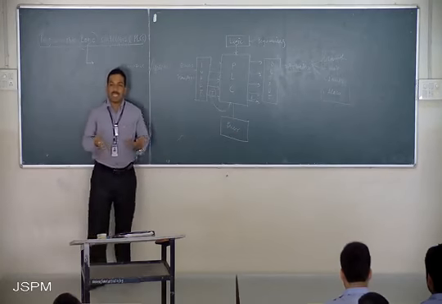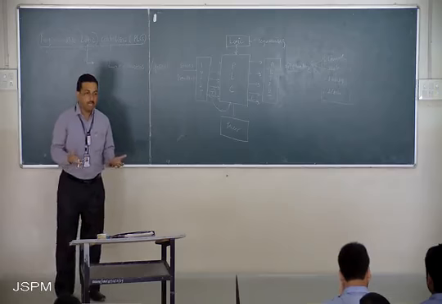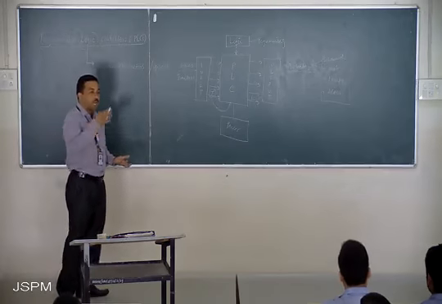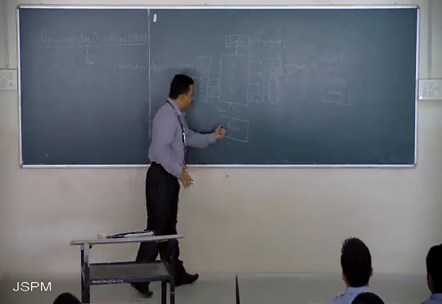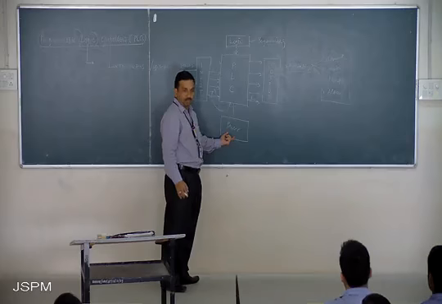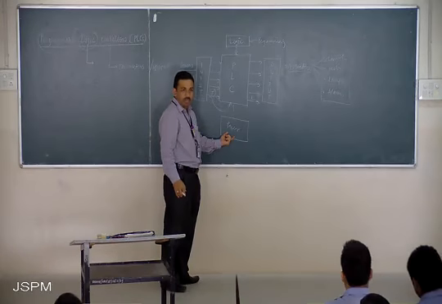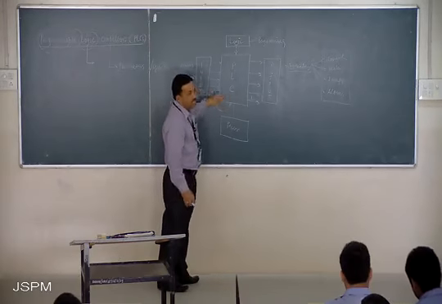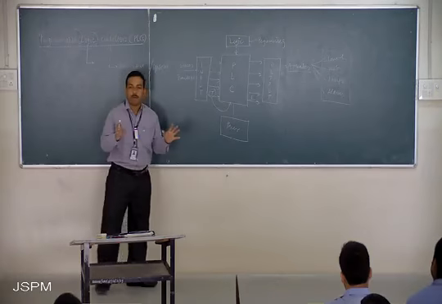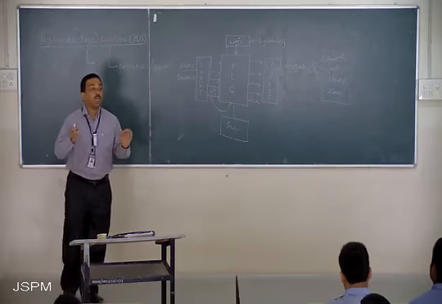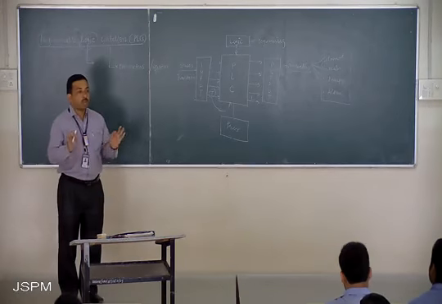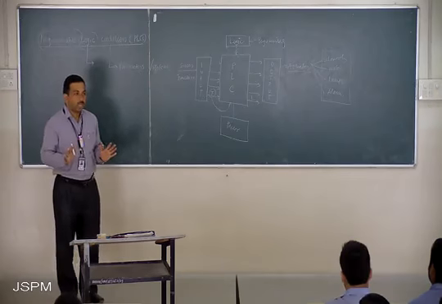PLC is basically an electronic device. So for actuation of any electronic device, what you require is power. Clear everybody? So this is nothing but the generalized block diagram of a programmable logic controller. Are you clear everybody?